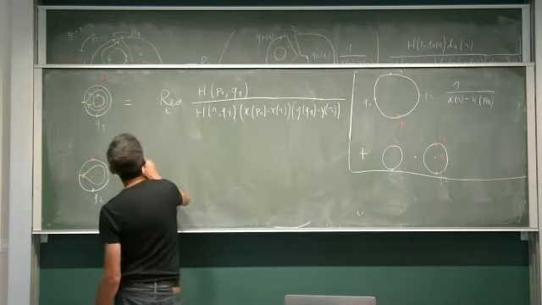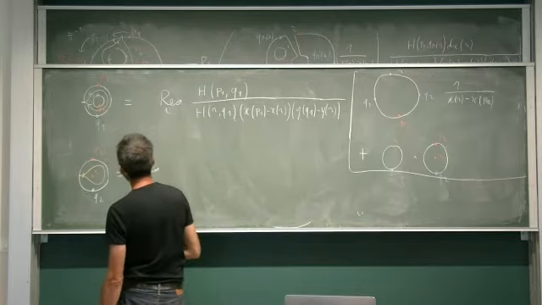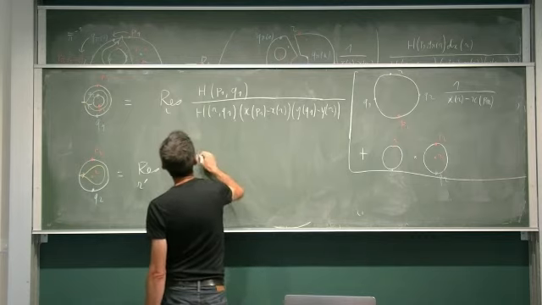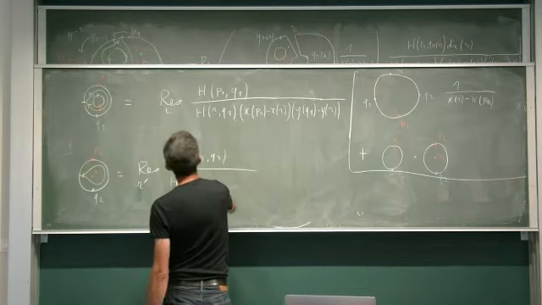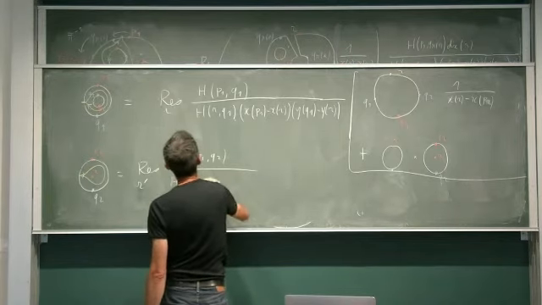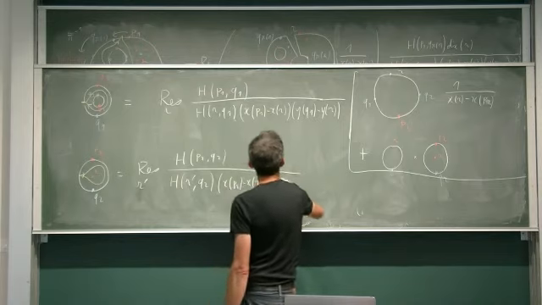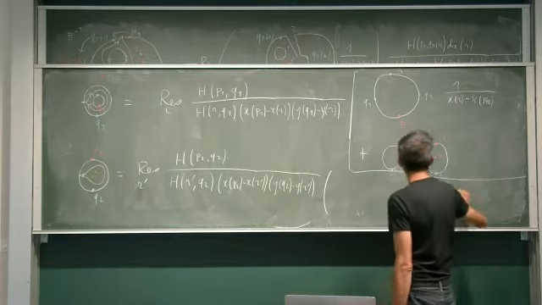So this is a residue. Let's give a new name to the new variable, R prime. We have H of P2 Q2, H of R prime Q2, X of P2 minus X of R prime, Y of Q2 minus Y of R prime, times